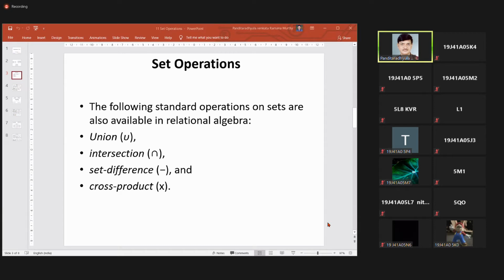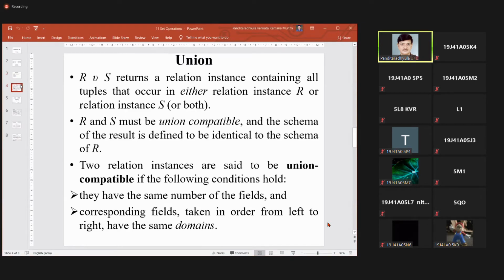Okay, right. So first of all, we'll see what is the meaning of union. What are the necessary conditions whenever you want to use union or other set operations? Let us identify that we have two different result instances, which are basically two tables as I showed you, S1 and S2.